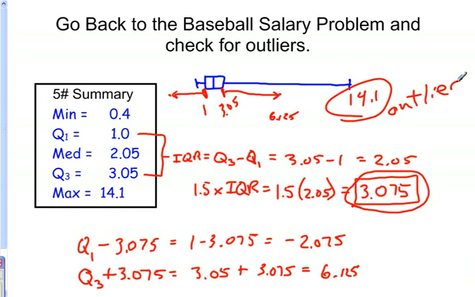Once you find an outlier, that means you have a data point that is going to really throw off some of your statistics when you calculate mathematically. And what we do with outliers is take them out of our data. I need to remove the 14.1 from my data, and I do need to go back and recalculate all of these numbers: the min, the Q1, the median, the Q3, the max, and I need to redraw. I could redraw my box plot, but the key is I need to remove that 14.1 before I really talk about mean, median, and mode. Otherwise, that 14.1 may really throw off some numbers and kind of deceive